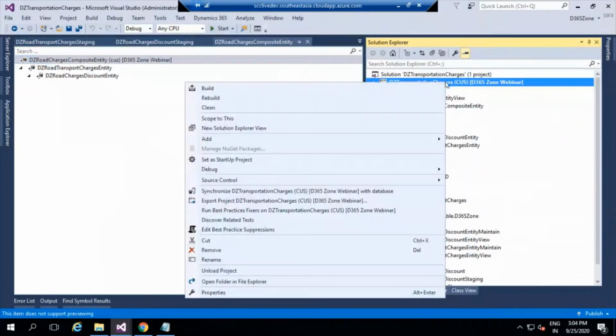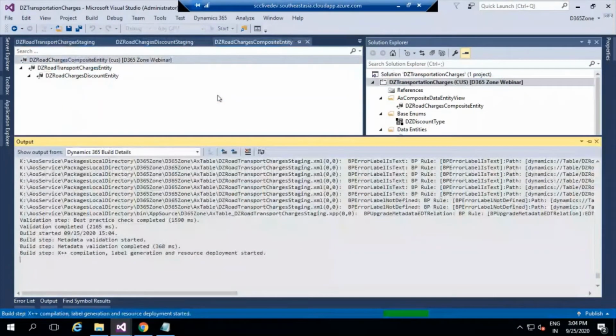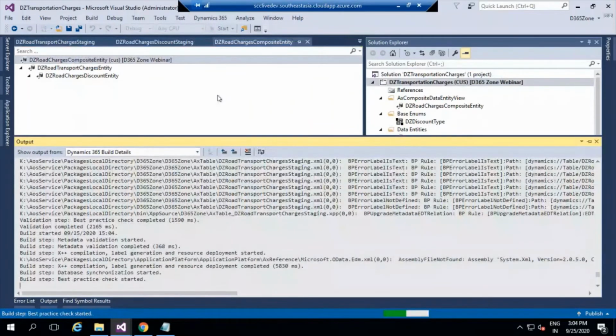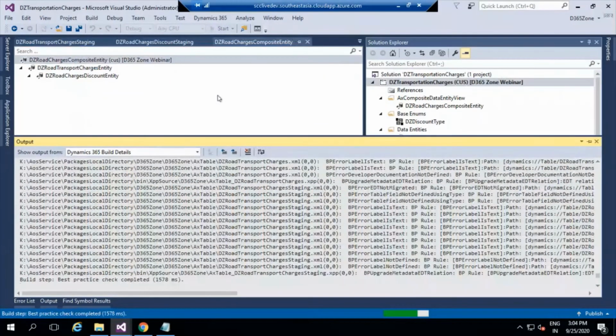This is okay, and I'm going to go into rebuild the application now. It's going to take some time because it's going to synchronize a lot of tables, even the staging tables and the original tables. Once this is done, our composite entity will be ready and available for usage from the data management area. And it is not only the composite entities; you will have to do a proper XML structure, because the client XML structure may be different, and whatever XML structure you are going to use within Dynamics may be different.